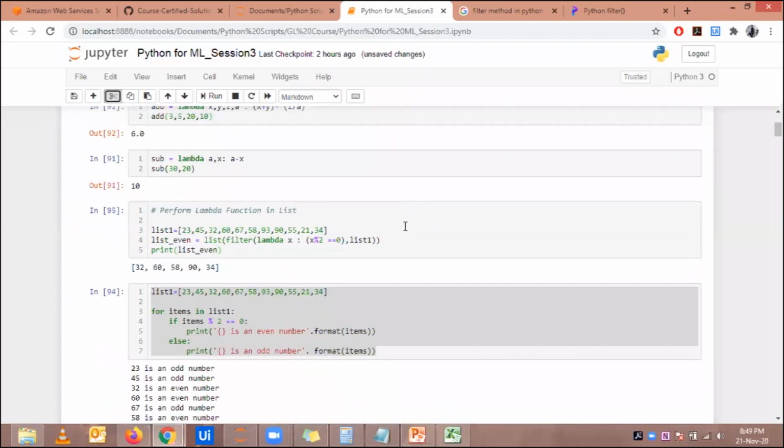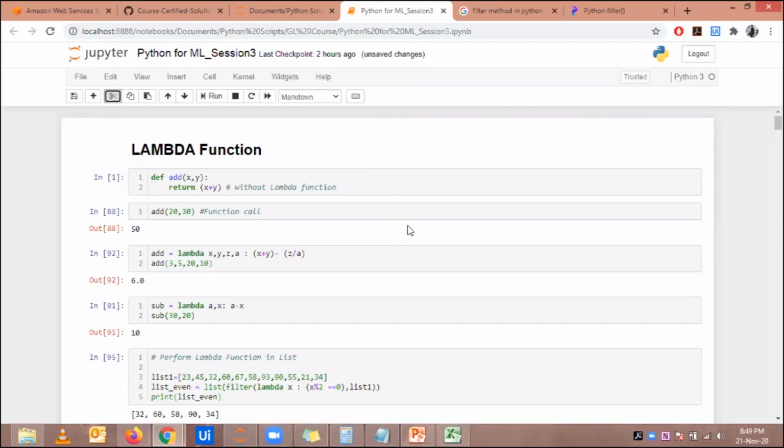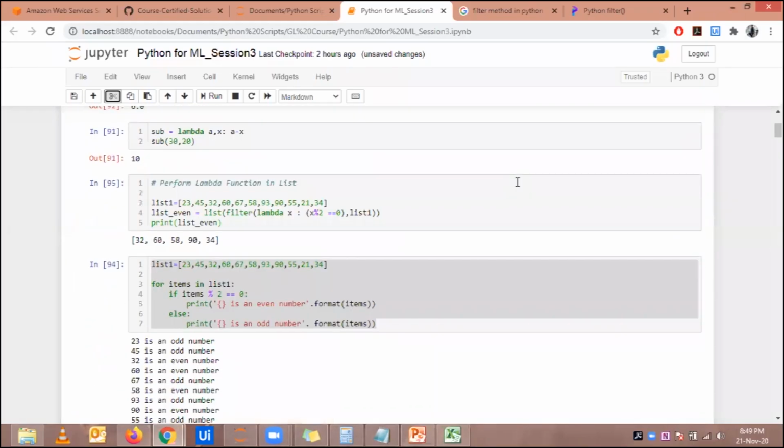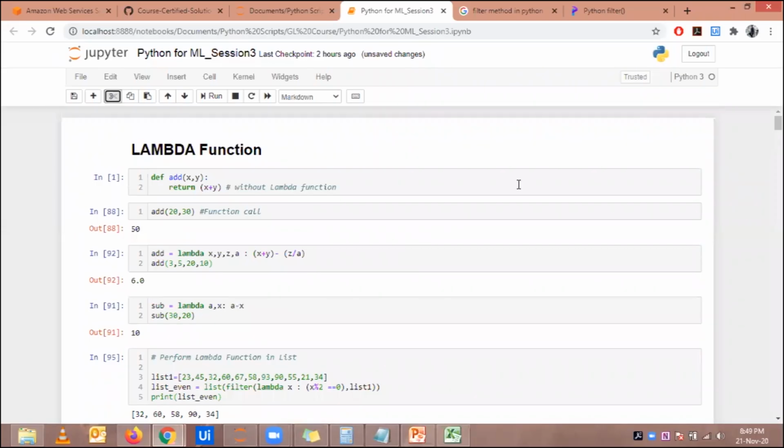Okay. So, yeah. So with this lambda function, I think we are good for the day. So tomorrow we're going to talk about certain things. I don't want to make it heavy for you, because the next two concepts you need a fresh mind. So tomorrow we're going to touch solely on something called NumPy and Pandas, which are very, very important. You can say bread and butter for you to work on any machine learning exercise. You have to know what Pandas and NumPy are.